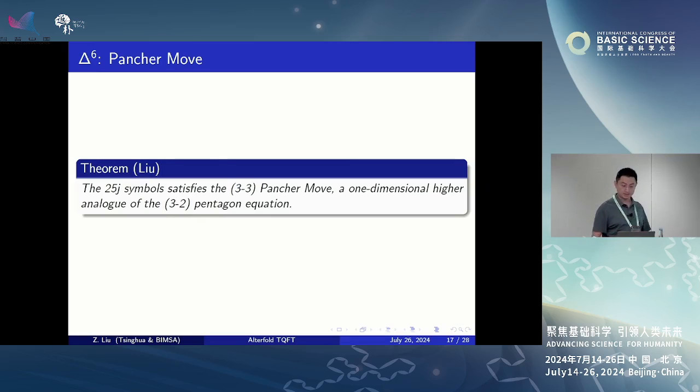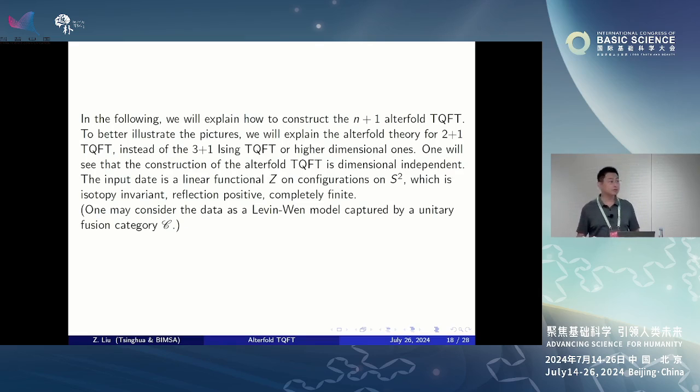So in this case, we get this interesting data that we can use to construct a 3+1 TQFT. In particular, we get a 3-unitary category. Now, how do we construct the TQFT just from such data? If you are familiar with the construction from an n-category to an (n+1) TQFT, this will work. But actually, when we say an extended TQFT, we have additional data compared to the Crane-Yetter type TQFT we studied, since we have this additional AB color, such that the original n-dimensional sphere lives on the boundary.